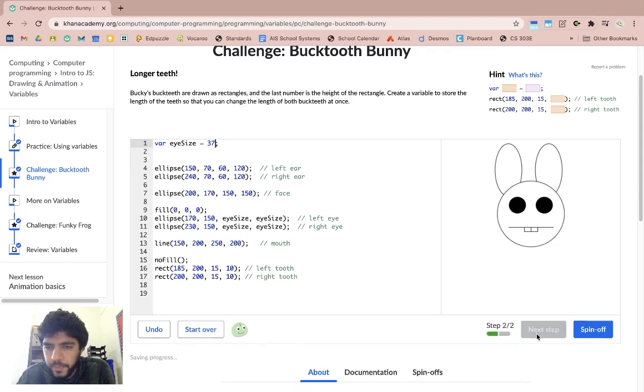Okay? In the next step, you can see that the teeth are drawn as rectangles, and the last number of the rectangle, so left tooth, right tooth here, this last number controls the length, or the height of the rectangle. So again, they want us to create a variable that stores the height of the teeth, and they want them to be the same. So I'm going to say var teeth height